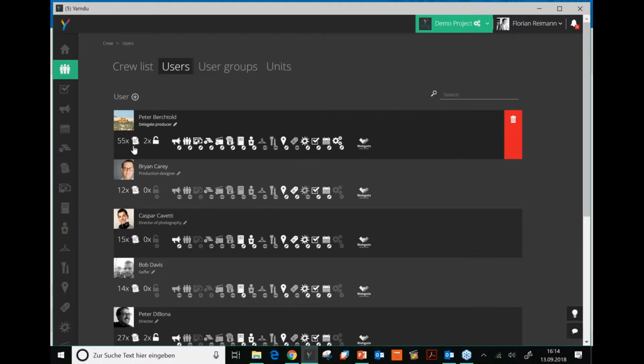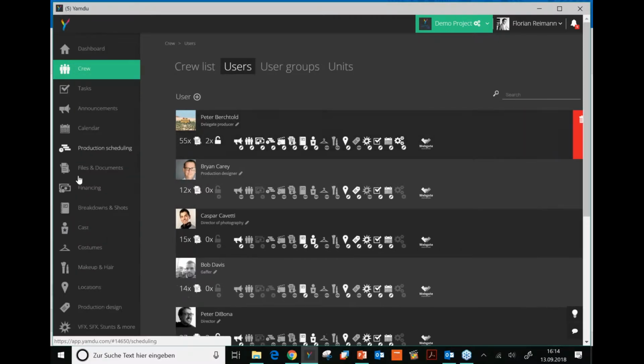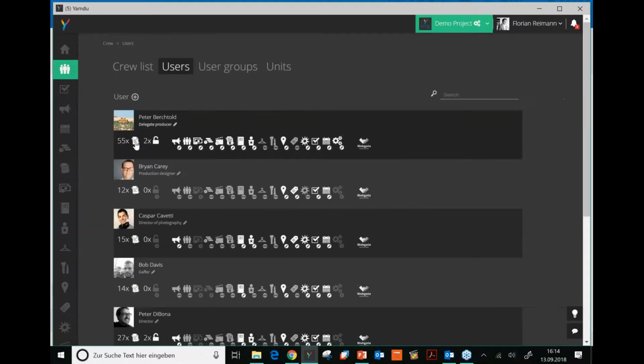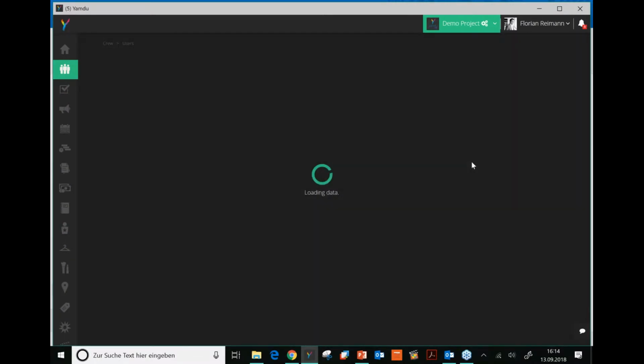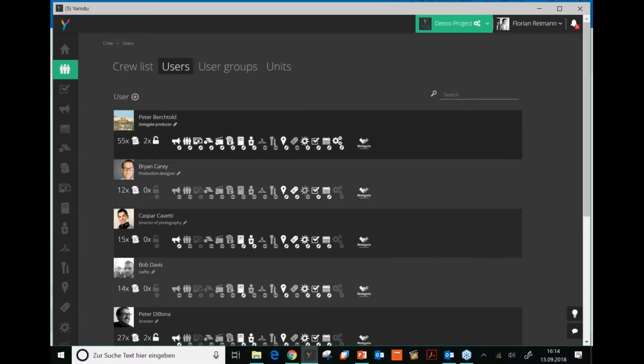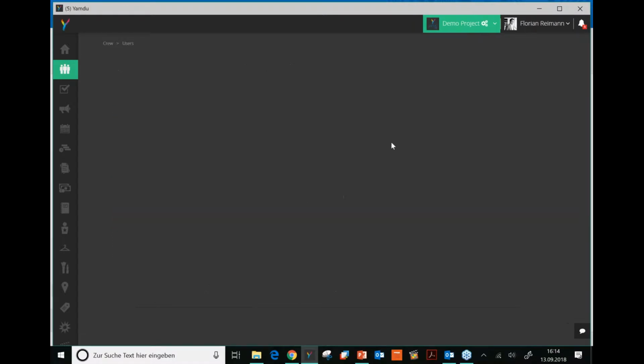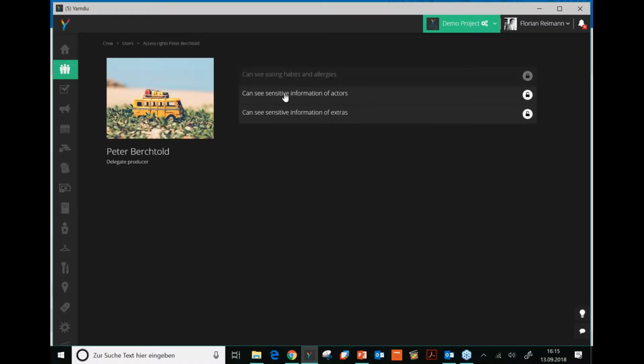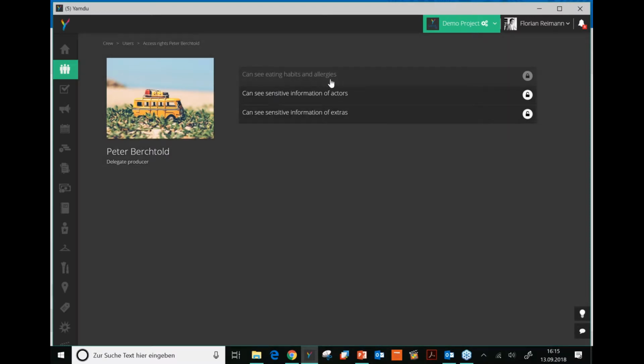Here you see this icon is like the big file sharing, files and documents section. Those icons correspond with all the features in the navigation bar. So here, if I click on this office section for the big file sharing, which is not linked to a specific feature, let's say Peter is not supposed to see the research, so you could just lock it, or he's only able to see it or able to edit it. So you can very much in detail say who's able to see what, or here it also means that Peter would actually be able to see information of actors and extras,